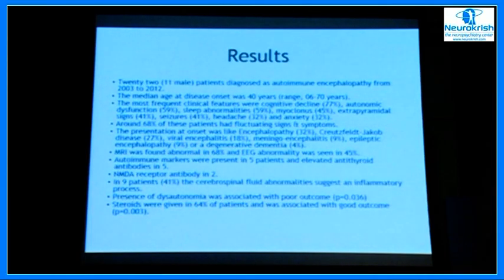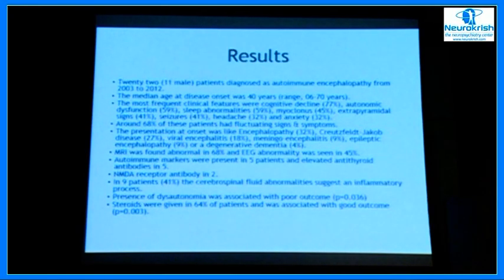And if you look at the series, you have 22 patients whose median age was about 40, range about 6 to 70. Most frequent clinical features were 77% having cognitive decline, autonomic dysfunction in 59%, sleep abnormalities in 59%, myoclonus in 45%, extrapyramidal signs in 41%, seizures 41%, headache 32%, and anxiety 32%. About 68% of these had fluctuating signs and symptoms, and the presentation at onset was like encephalopathy in 32%, CJD presentation in 27%, encephalitis 18%, meningoencephalitis 9%, epileptic encephalopathy 9%, and MRI abnormalities were found in about 68%, and EEG